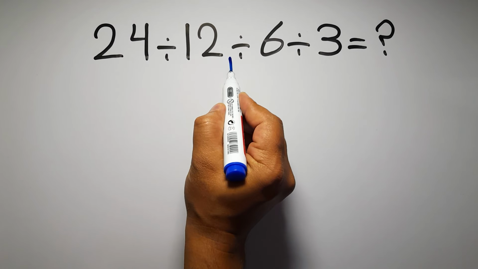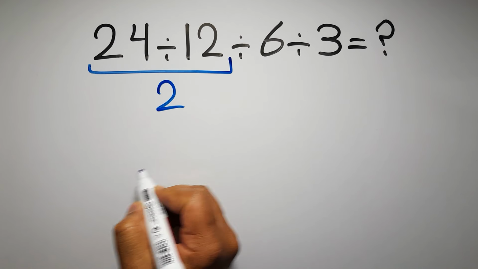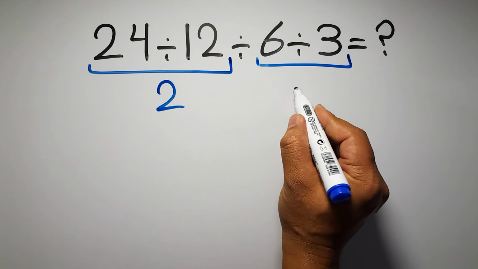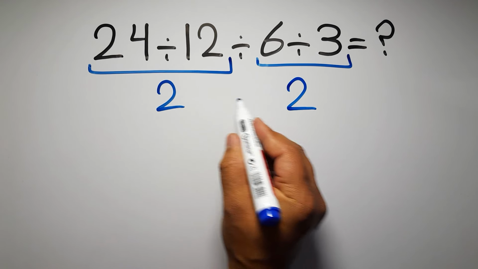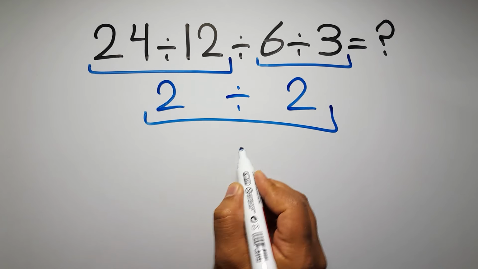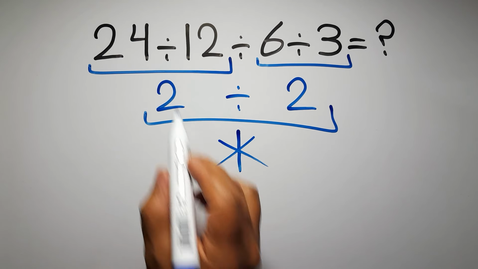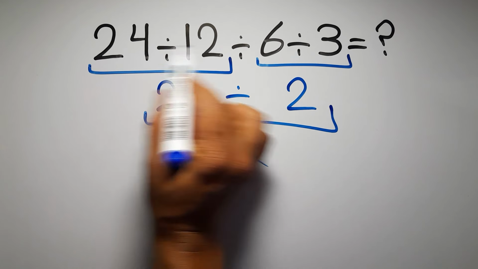24 divided by 12 gives us 2. And here we have 6 divided by 3, which equals 2. So 2 divided by 2, which equals 1. But this answer is not correct, because when we have more than one division in an expression, we have to